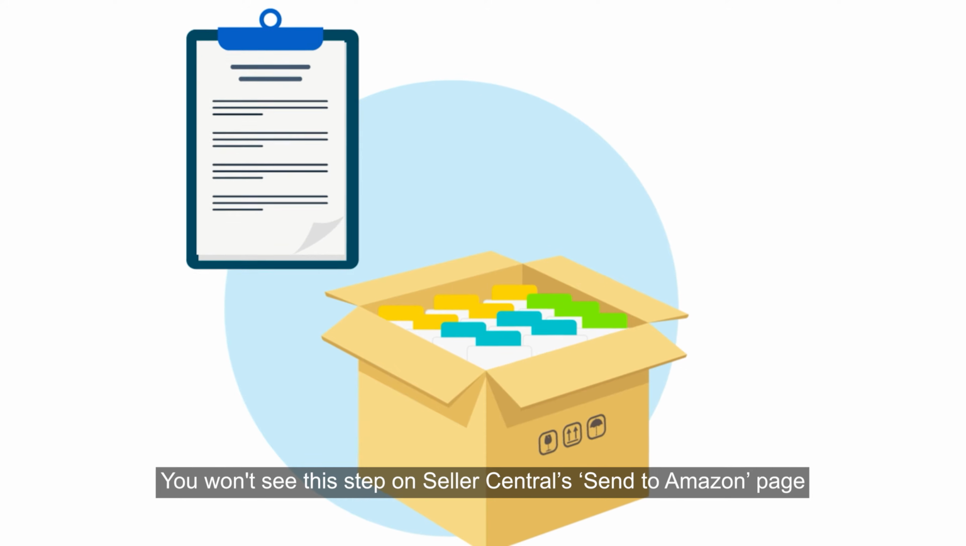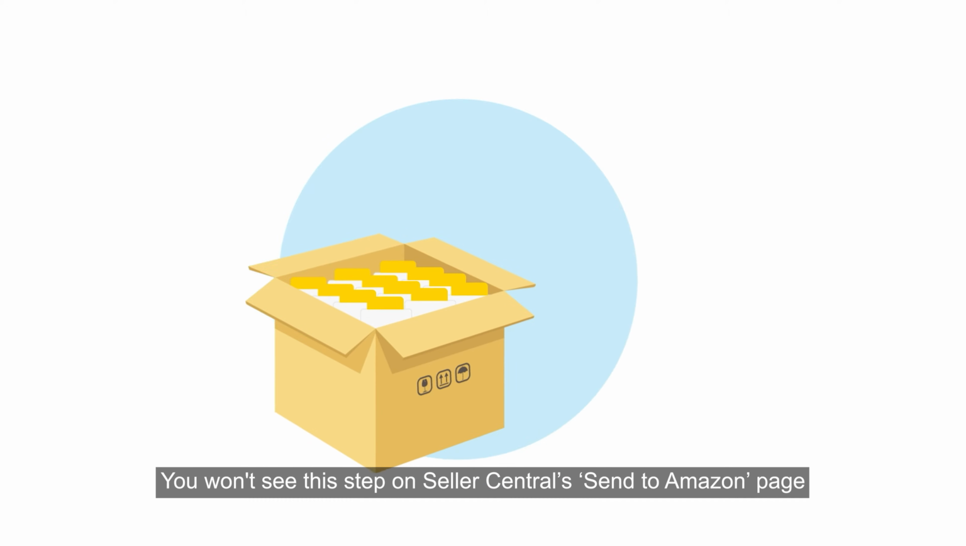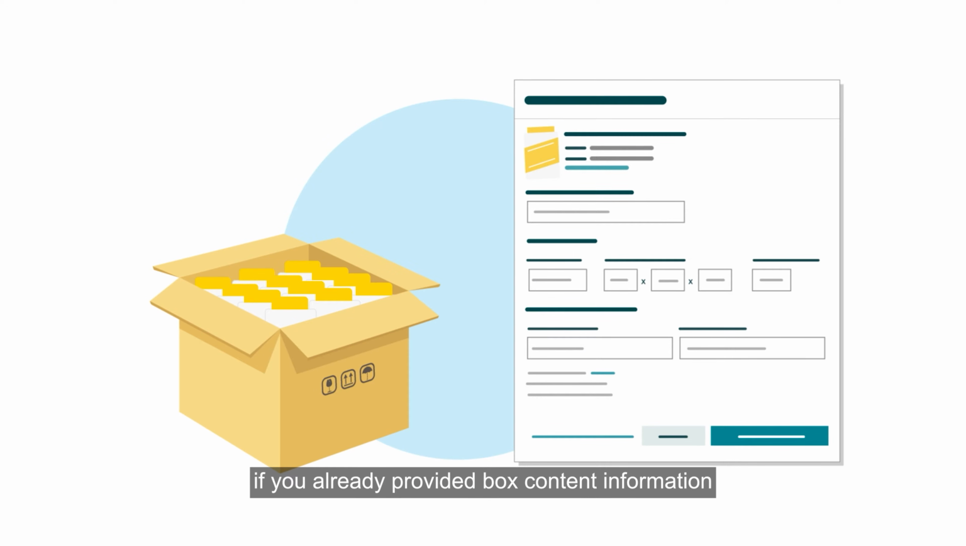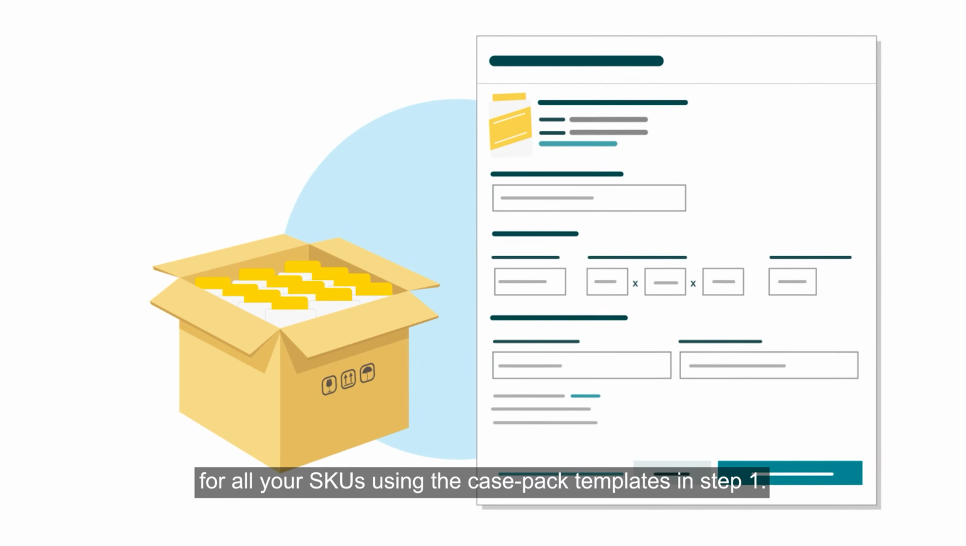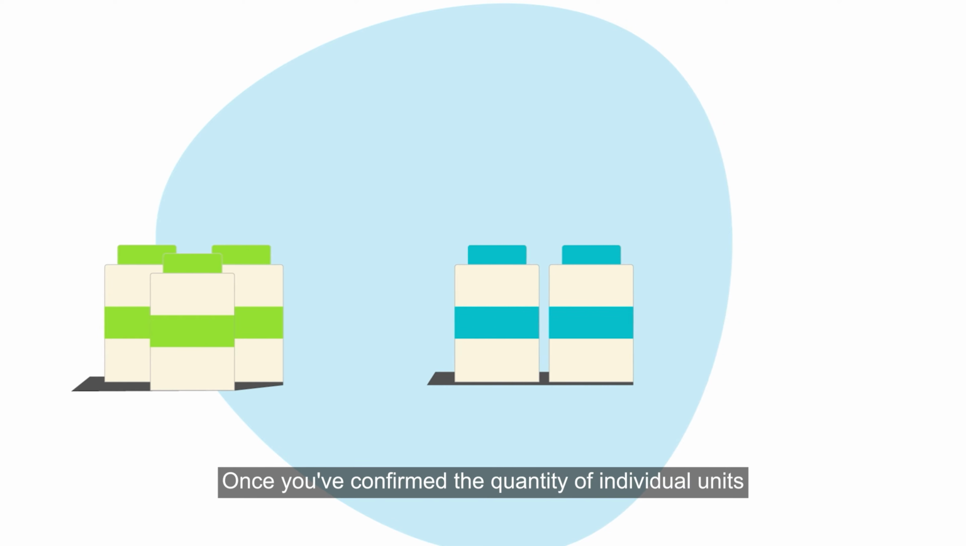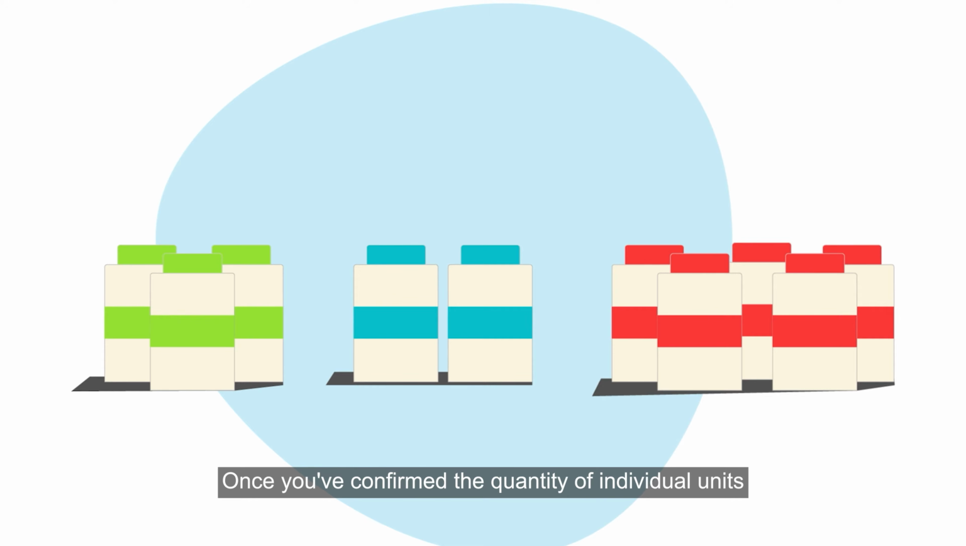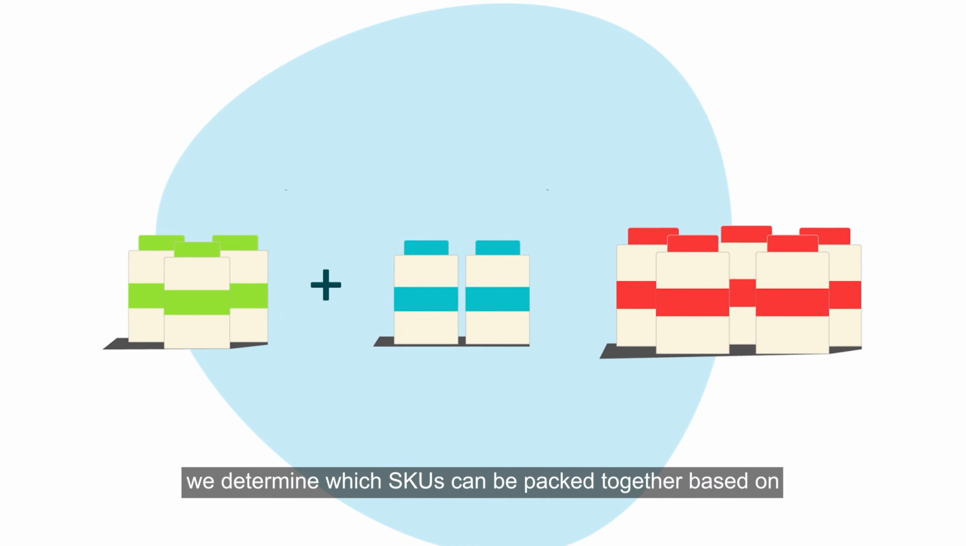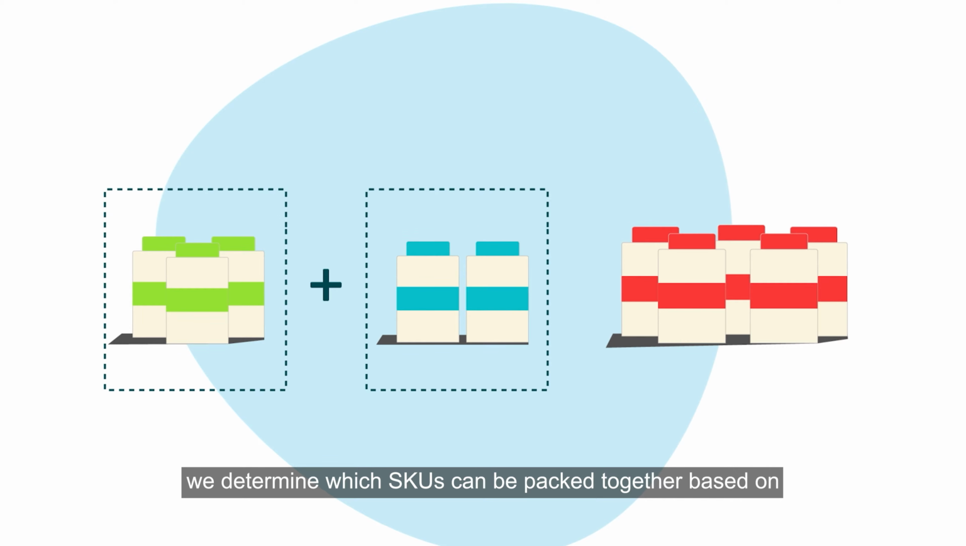workflow. You won't see this step on Seller Central's Send to Amazon page if you already provided box content information for all your SKUs using the case pack templates in Step 1. Once you've confirmed the quantity of individual units to send to Amazon, we determine which SKUs can be packed together